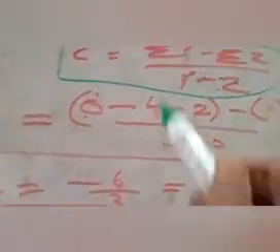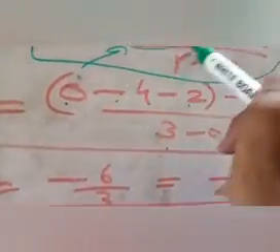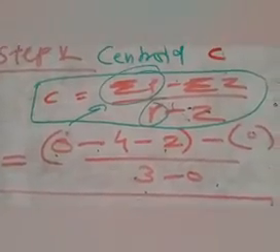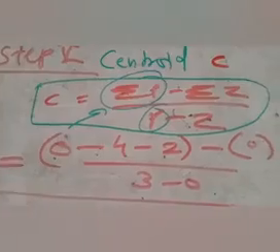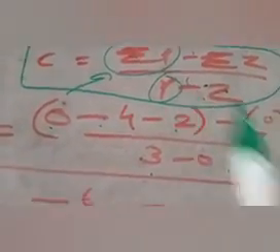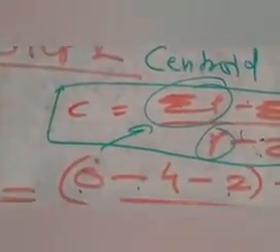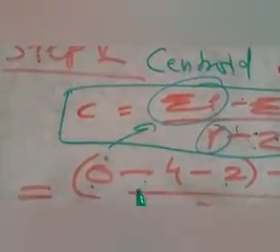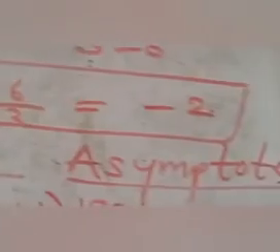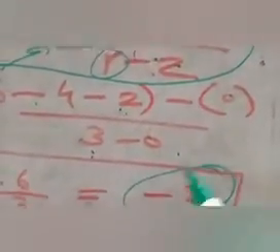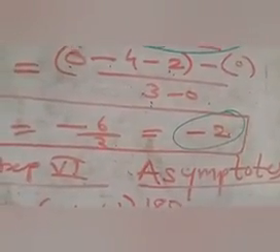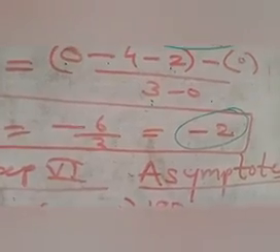What is the meaning of this summation and what is the meaning of this P? Both are different. Summation P means the summation of all poles, the values of all poles, and P is only the number of poles. So the number of poles is 3 and the values of all poles are this. So finally C is equal to minus 6 by 3, which means minus 2. So minus 2 is the centroid. Are you getting this point? Because this is my third class on root locus.